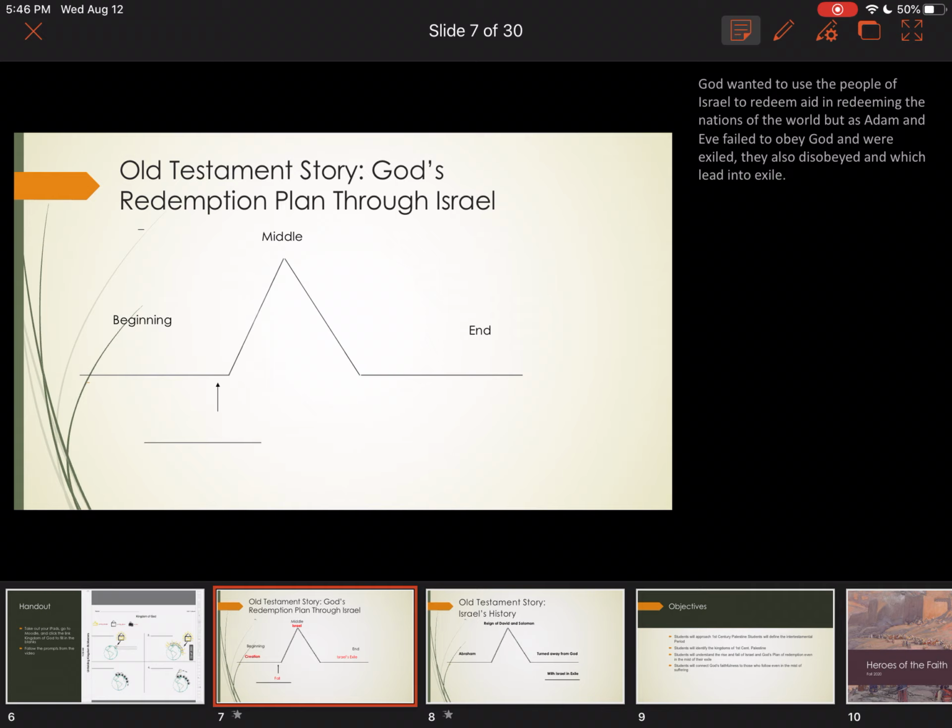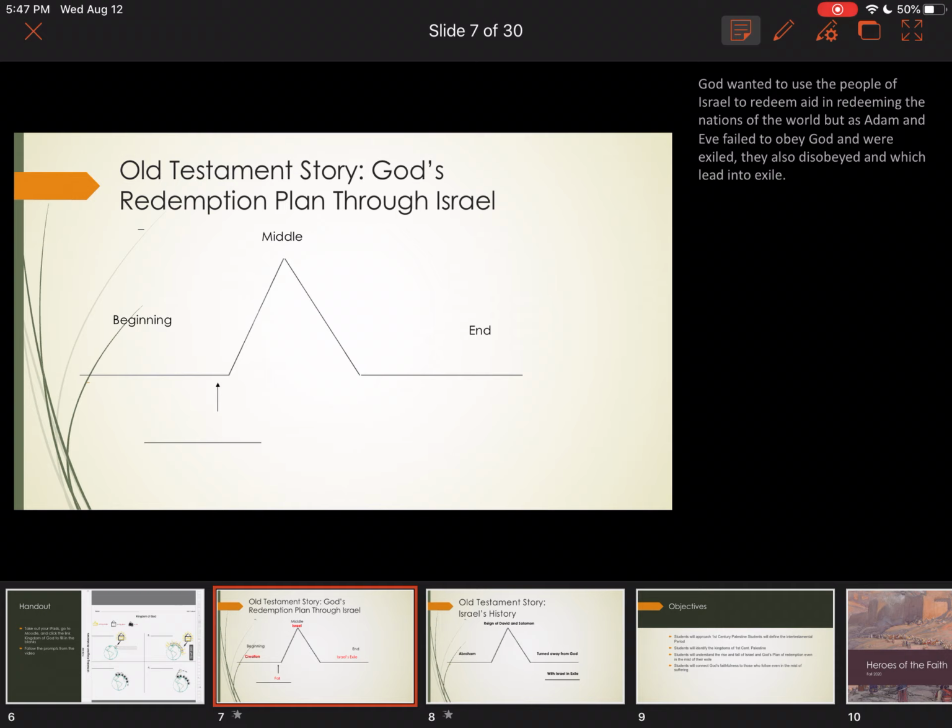So God, as you saw in the last video, tried to use Adam and Eve as a means of redeeming the world. Well, because of their sin, the idea of being a holy people, making it a holy world, went opposite, and sin came into the world. So he met Noah, and Noah and his family were supposed to be that same thing after the flood, supposed to redeem the world too, a holy people in a holy world. Well, that didn't work. And then he meets Abraham, and his theory was, I'm going to make Abraham a holy nation that's going to be an example to all the other nations.